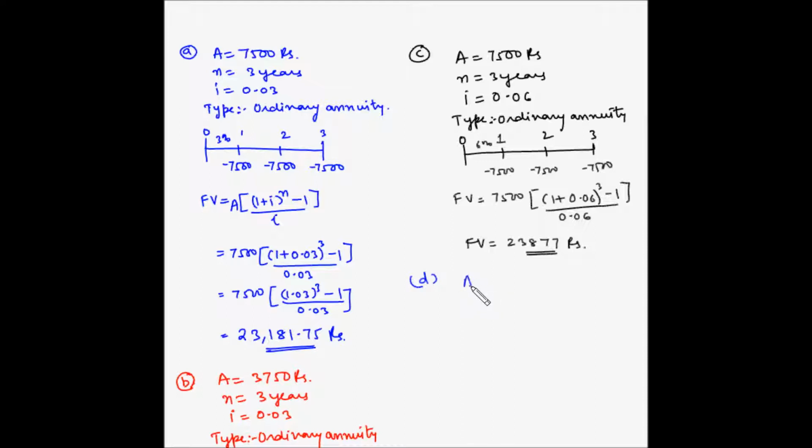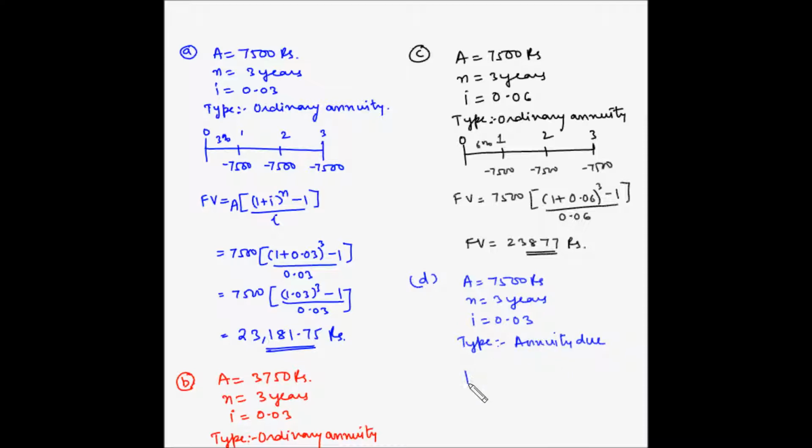So here A is 7,500 rupees, N is 3 years, I is 0.03 because interest rate is 3%, but the type is annuity due,